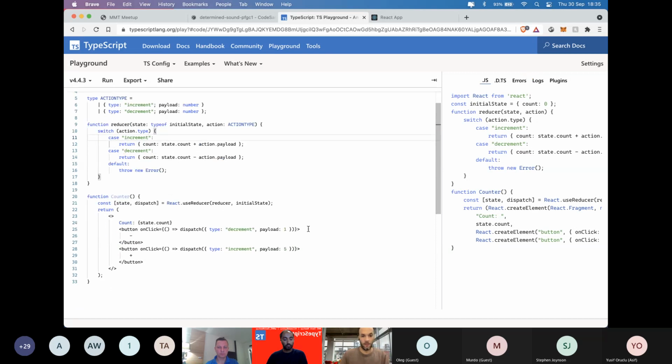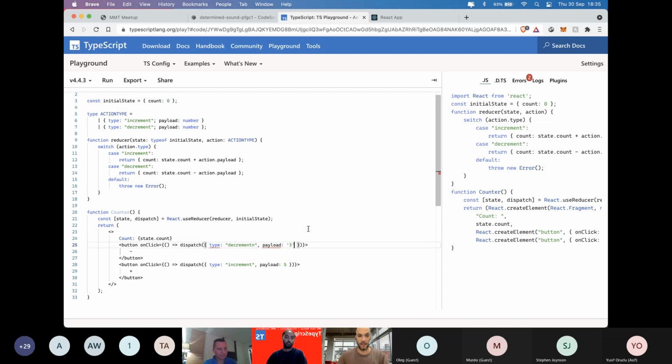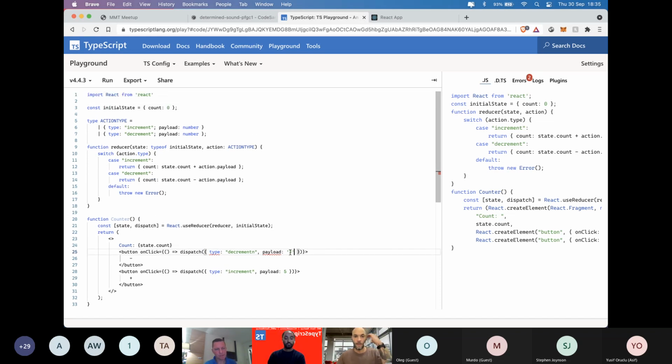We can also see that if we pass the incorrect type, or we pass a string instead of a number, we get an error. And that's, I think, really good for the developer experience overall.